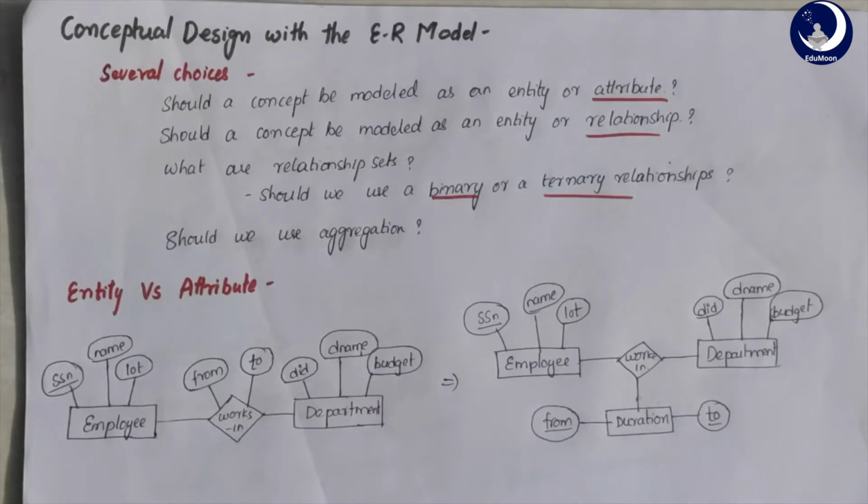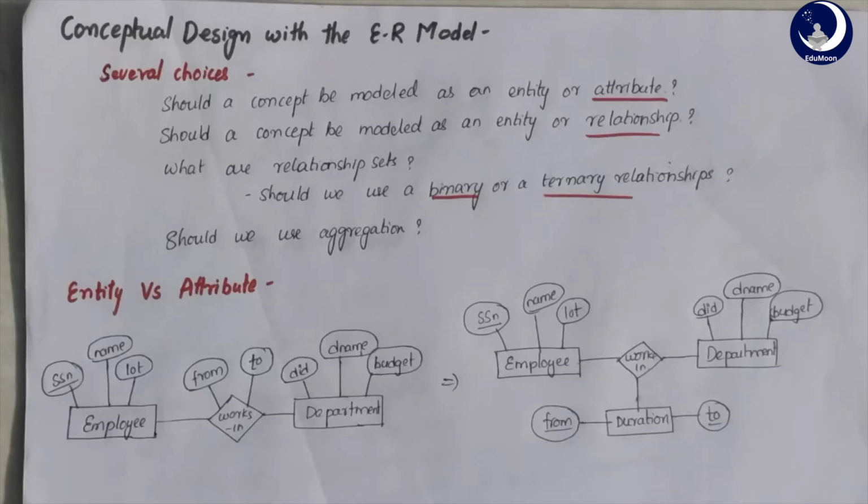We'll consider the second option under two conditions. The first condition is that we want to store multiple addresses for one employee. It can be a temporary address and a permanent address for each employee. And the second reason would be that we want to structure the address of the employee. For example, we want to have three divisions in the address of an employee, like city, state and country. So, if we have these requirements in our requirement analysis step, we will be considering one of these options.